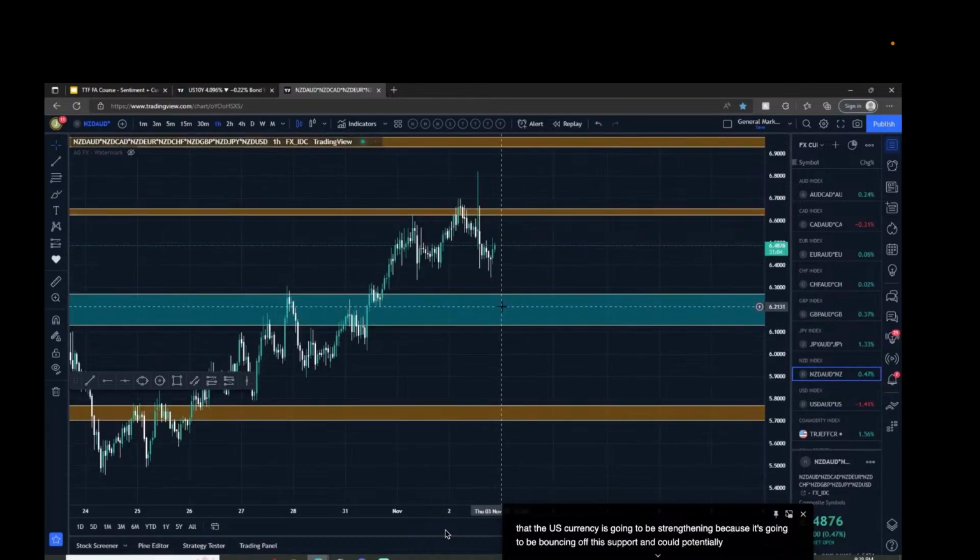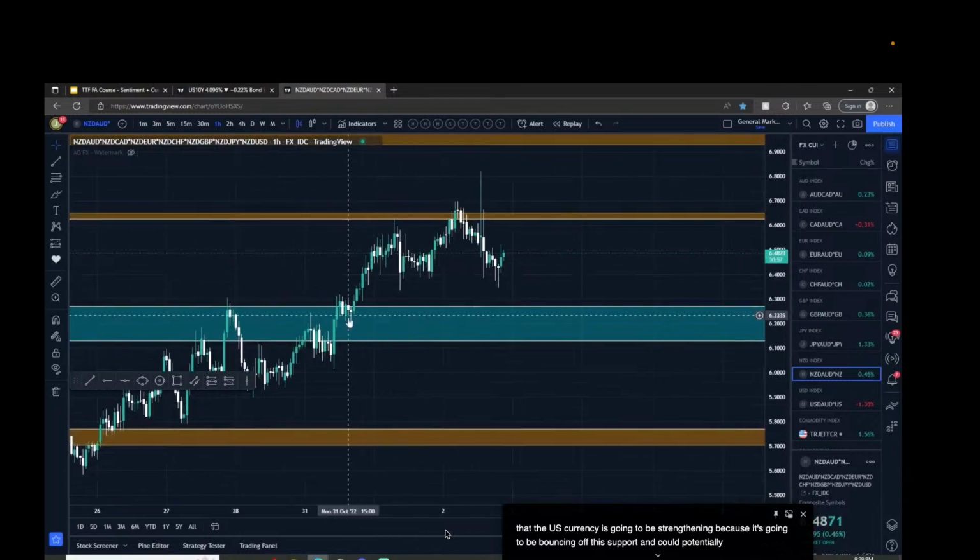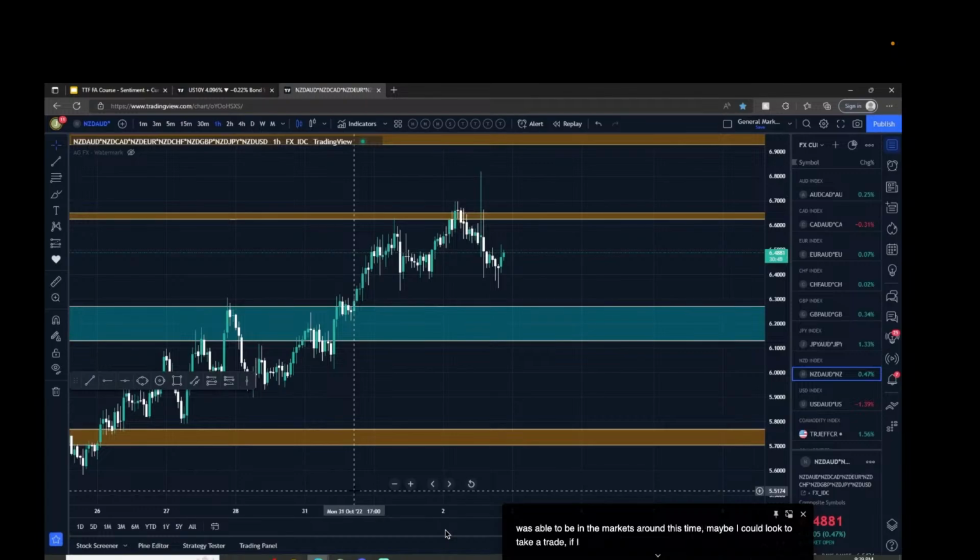So if I look at the New Zealand dollar, kind of same scenario here. I mean, there was news today, so that's why this huge candle happened. But as you can see here, this was a daily zone. And so if I was able to be in the markets around this time, maybe I could look to take a trade if I found something going down, since I'm thinking that it's going to break through this daily level